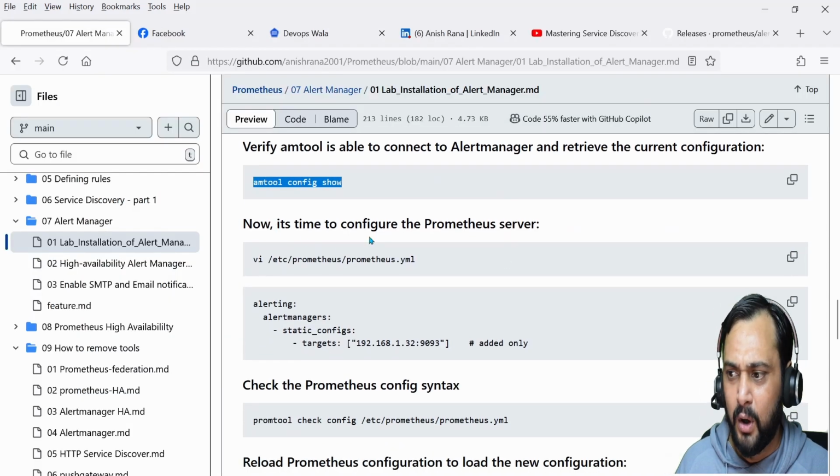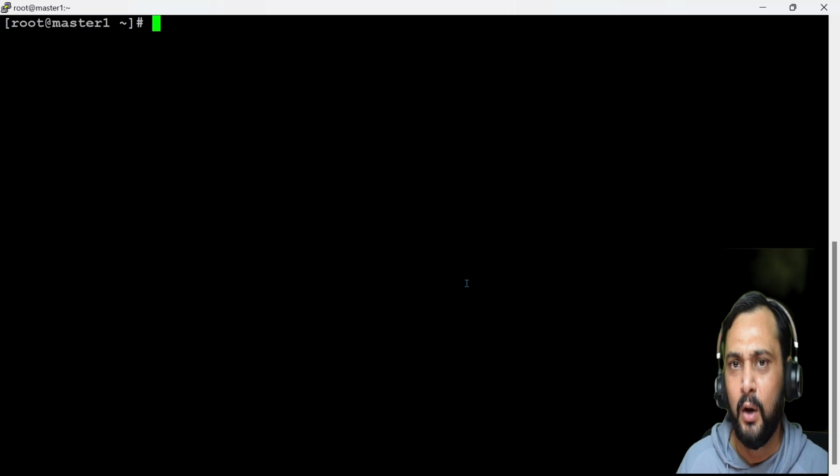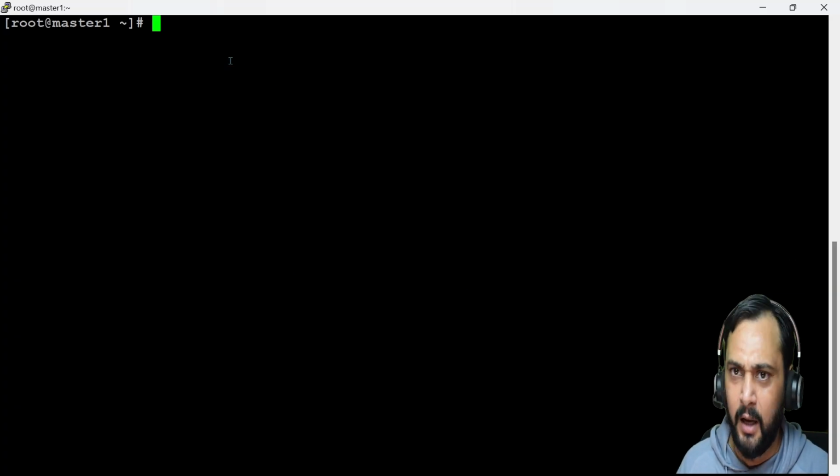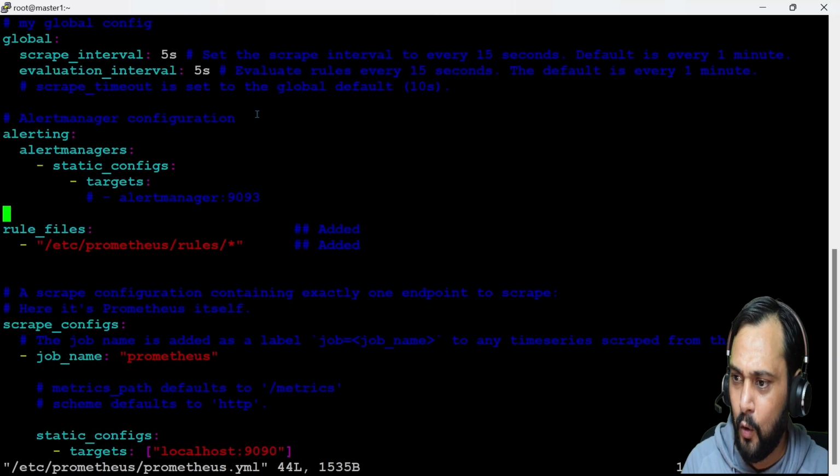Now it's time to configure our Prometheus server. We have already created and installed our Alert Manager, but the Prometheus server is not aware. So how can we make our Prometheus server aware? We need to log in to our Prometheus server, and Prometheus is running on my master 1 VM. Now open this file